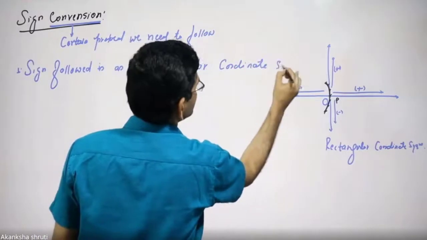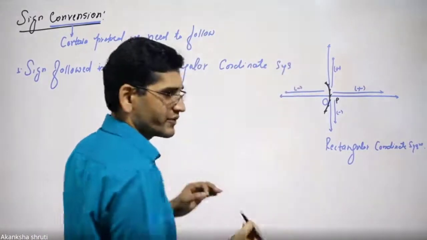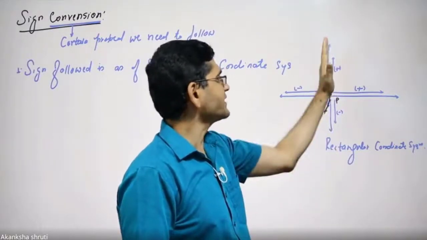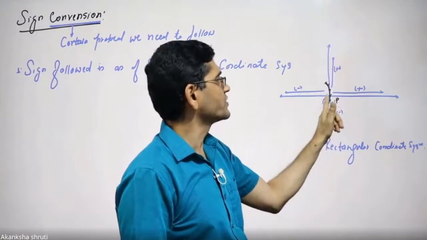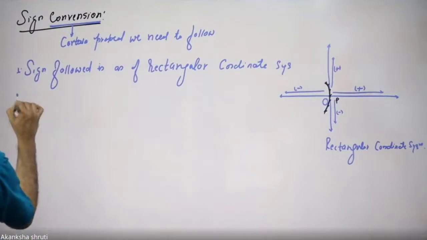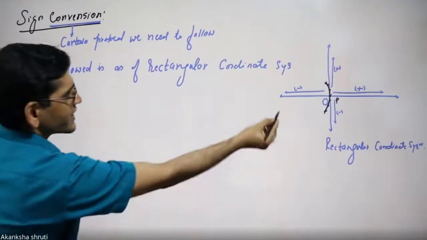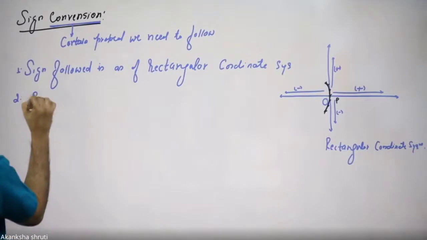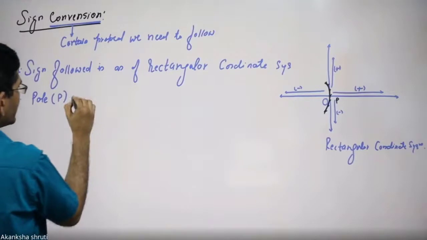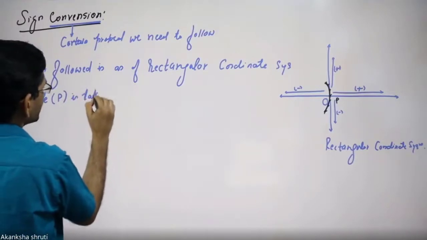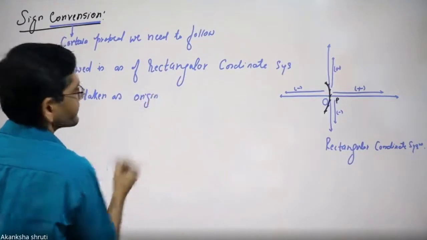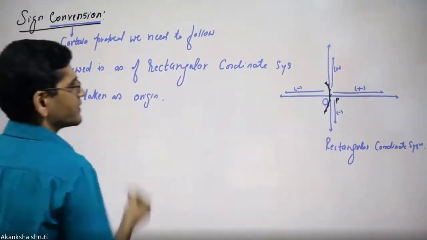Coordinate system with what? With the mirror placed along the y-axis with their pole coinciding at the origin. That much simple. The next one is, the pole is taken as the origin. So the pole, which is P here for the mirror, is taken as the origin, then this mirror